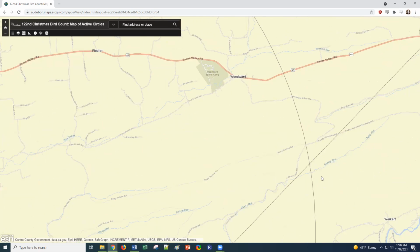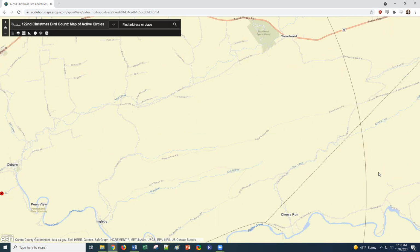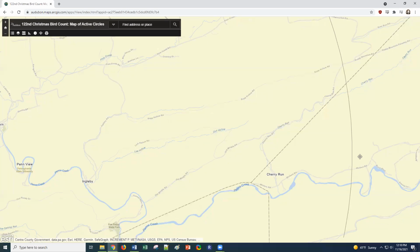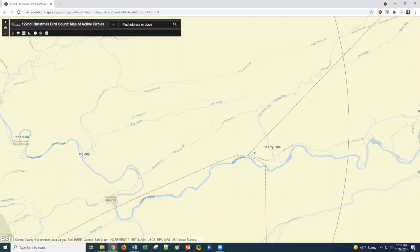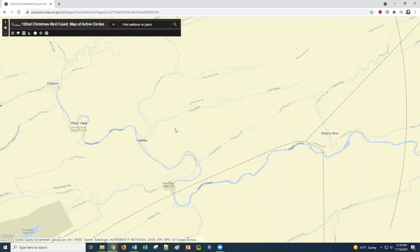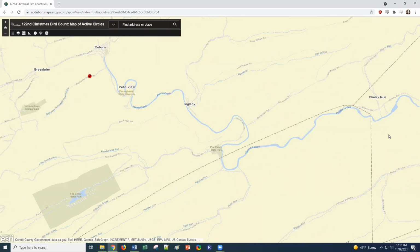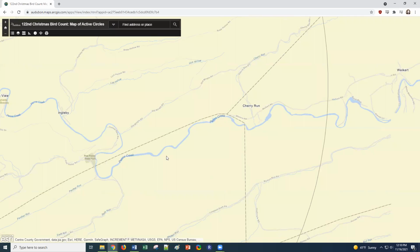You can go up Woodward Gap Road a little bit, but not much, of course, weather dependent. An area that I've always thought would be excellent, but we have not covered much, is around Cherry Run and Weikert. This has a nice trail through the Penns Creek Wild area. We've mostly only birded from this end between the tunnel and Ingleby's other tunnel, but we haven't gotten this section as well as I think it would be great if we did,